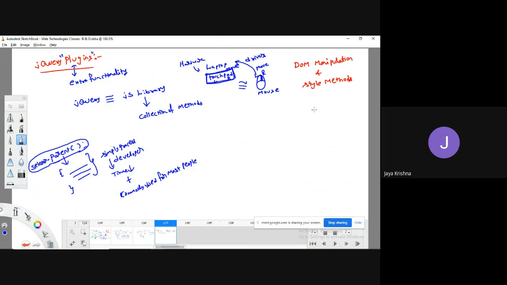Guys, if you simply assume that in Java, we have various kinds of packages, right? When we go for creating user-defined packages, if anything is common for so many people, instead of everyone writing the code by themselves, we write that in a common location, and that same thing we reuse wherever it is required. This is the concept of packages.